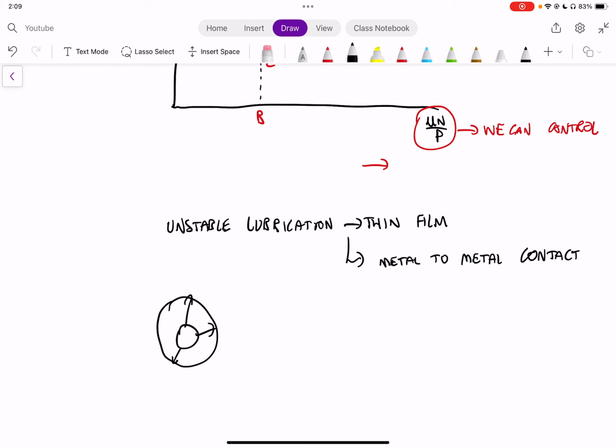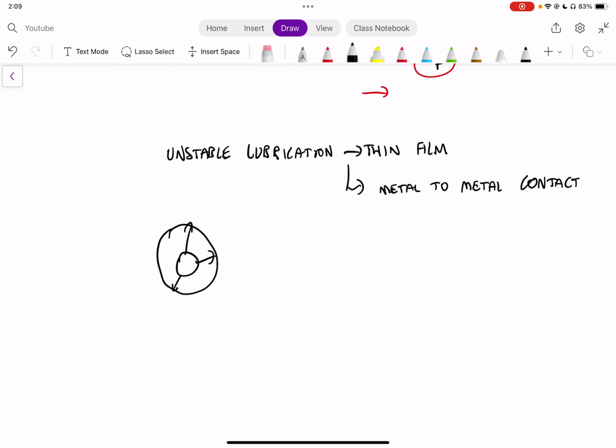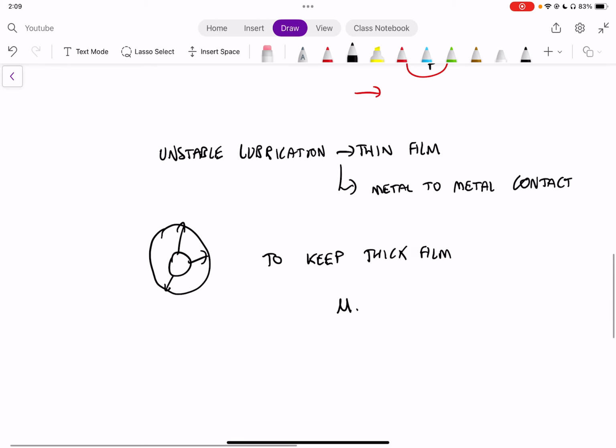So we don't have thick film lubrication. What they've done is, after a lot of research and a lot of time spent on experiments, Sommerfeld and others determined that to keep thick film lubrication at all times, your mu n over p value for any bearing, because it's a dimensionless number,